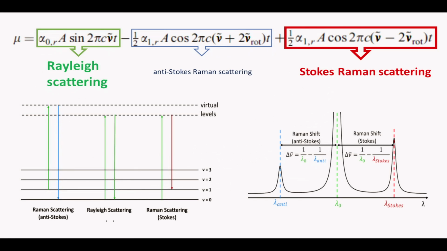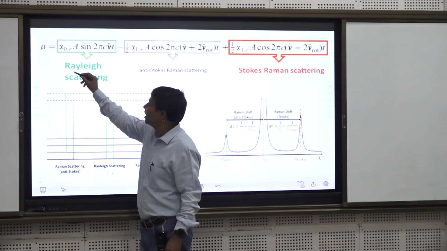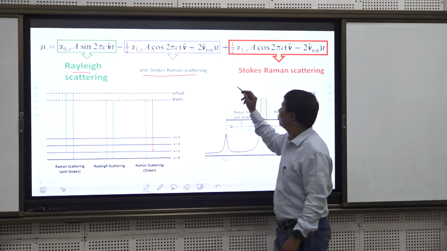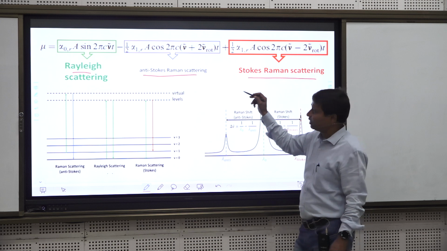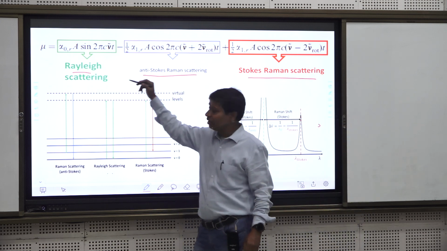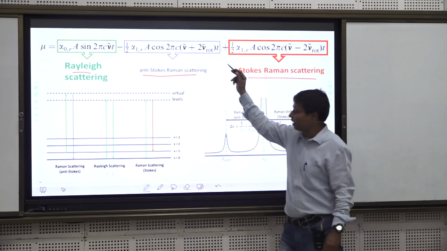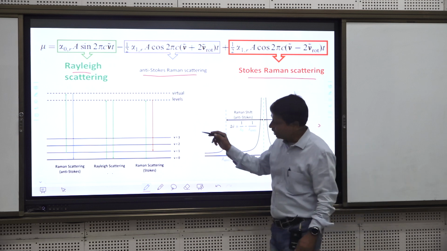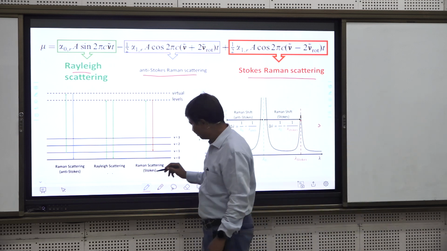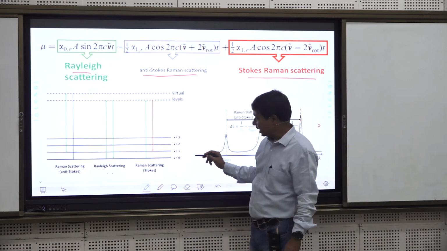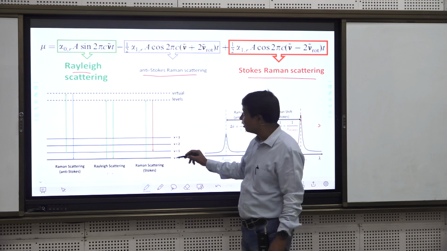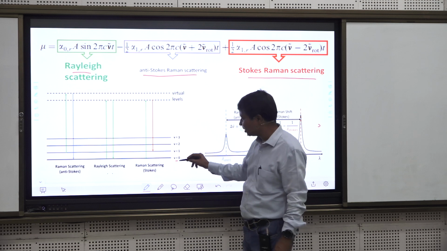This can be understood better if you see the diagram. So we now have 3: one is the Rayleigh scattering, anti-Stokes, and Stokes-Raman. The intensity of Rayleigh scattering is the highest, then Stokes, then anti-Stokes. Now what happens in terms of molecular energy levels? Say, this is put in terms of vibrational